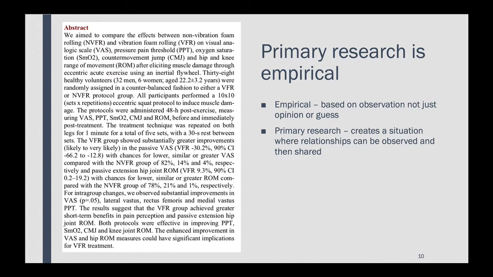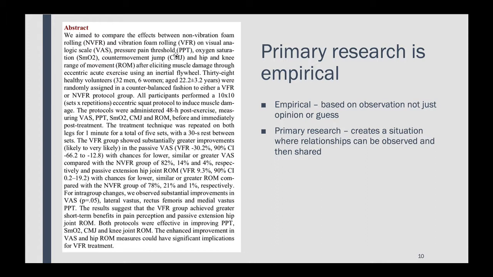Primary research is empirical, as I said. Again, it's based upon observation. It's based upon studies. So here is an example of a primary research article. It's actually the abstract from the title of the article I gave you a couple of slides ago, where the authors were examining the effects of a non-vibration foam roller and a vibrating foam roller to look at a number of different measures of recovery. So let's dive into this a little bit so you get an idea of what they were looking at. So they're comparing the effects of a non-vibration foam roller to a vibration foam roller on visual analog scale. That's a pain measure,